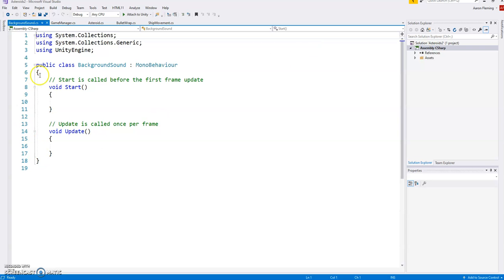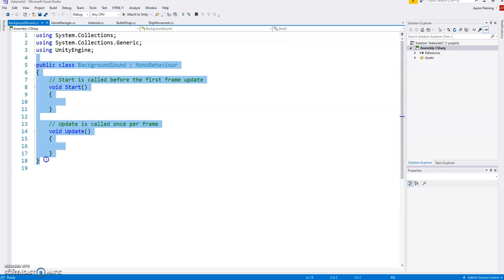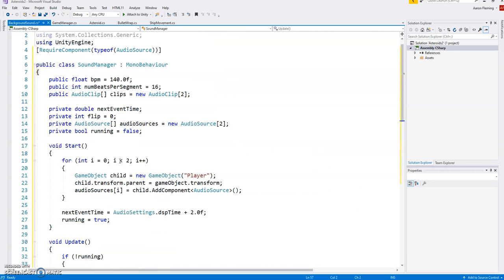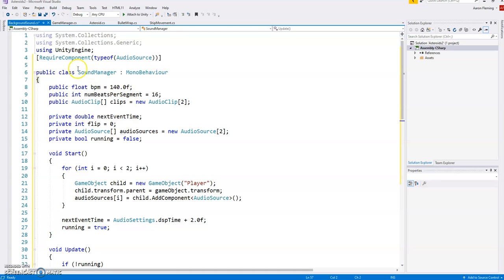And once I open this up, I'm going to go right to the top, delete all that, and paste this in. Now, don't worry. Like I said, I'll give this to you here. I just have to change this name because I changed it up. Background sound. Now, in going through this code, basically you can control the beats per minute,